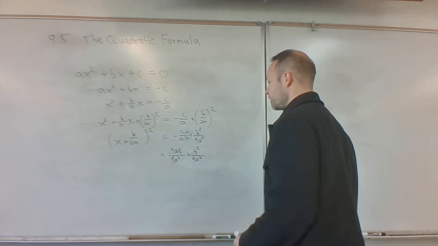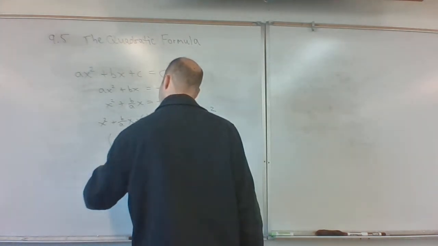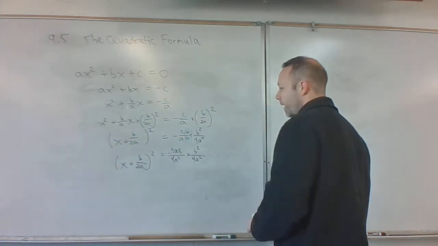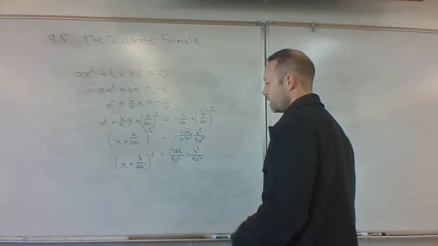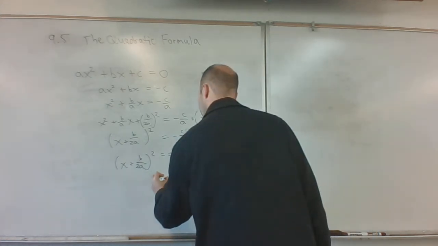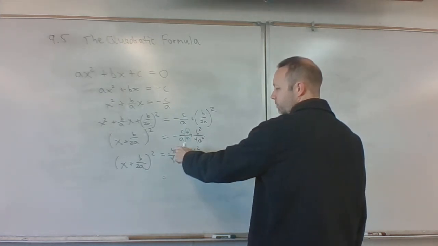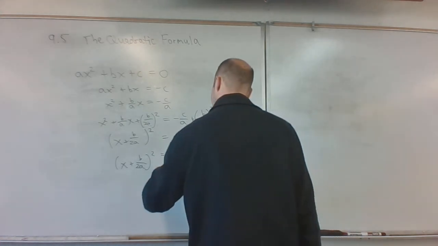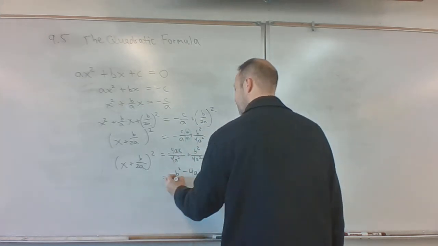Now I can combine these into one fraction. And I'll go ahead and pull this around. So this is still my x plus b over 2a squared. Okay. Now I'm going to do two things at once here because I'm running short on space. I'm going to take the square root of both sides, but first I'm going to get this into one fraction. And when I combine these, rather than having a negative term plus a term, I'm going to put the positive term first. So I'm going to say we have b squared minus 4ac, that's what I have on top,